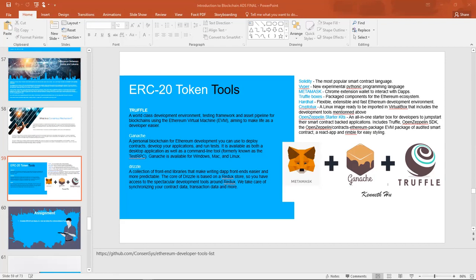Then we have assignment 5. Assignment 5 is just to complete an ERC20 and deploy to a testnet and also share your address. So today we will be doing that, so then you will be able to do it on your own. And then assignment 4 is create a simple smart contract to store, display,